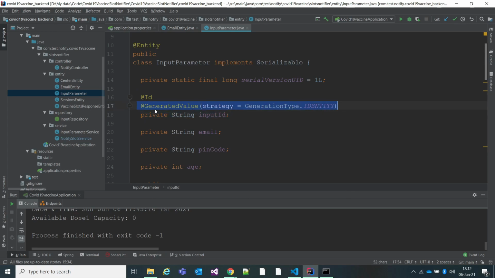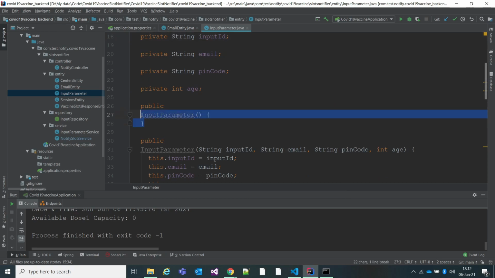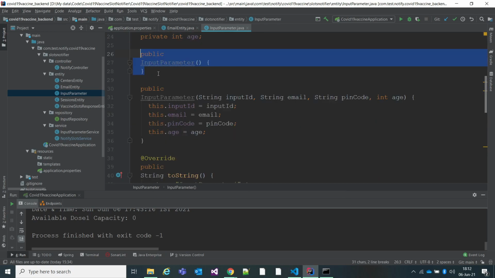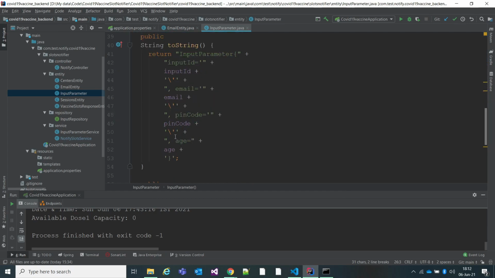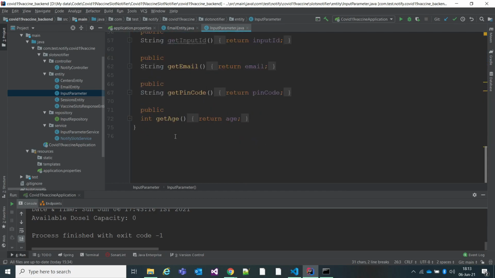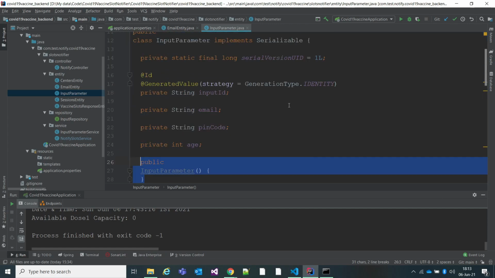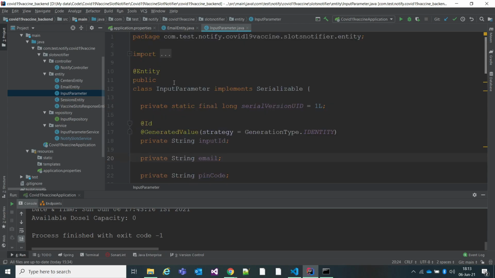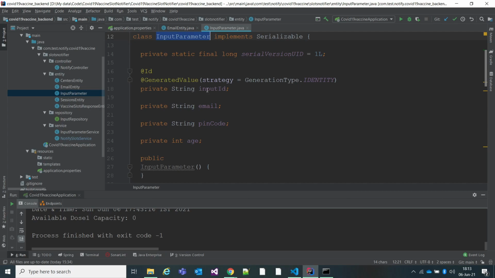So generated value should be identity, and create a parameterized as well as a default constructor, and also provide a toString method and getters. No need of any setters in this class.